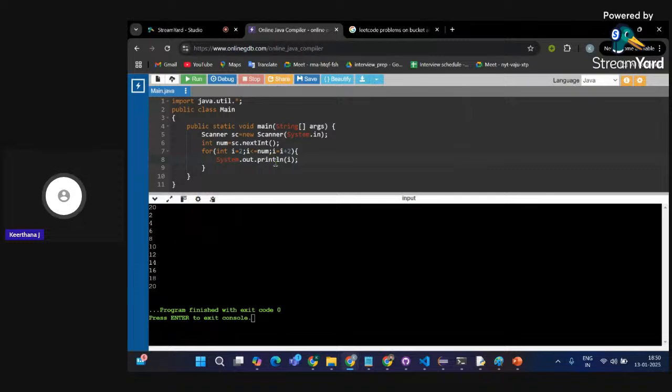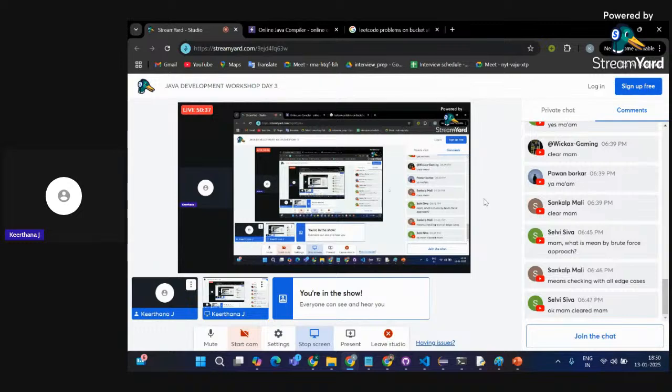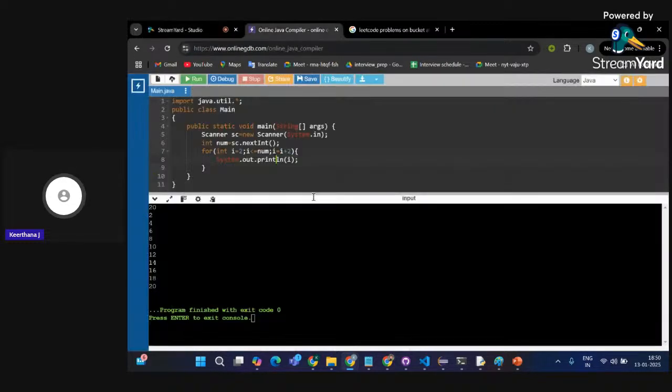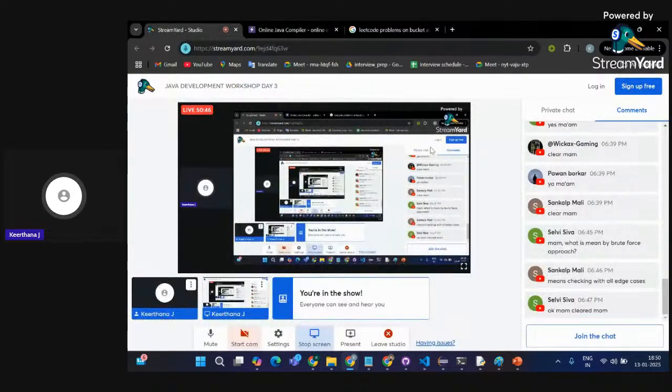But guys, I want to know whether you are clear with how the execution of for loop works. Are you people understanding how actually for loop works? Okay, thank you, Shiva. Guys, are you clear with how actually for loop works? If not, I'll be explaining each and everything which happens, because looping concepts are really very important.